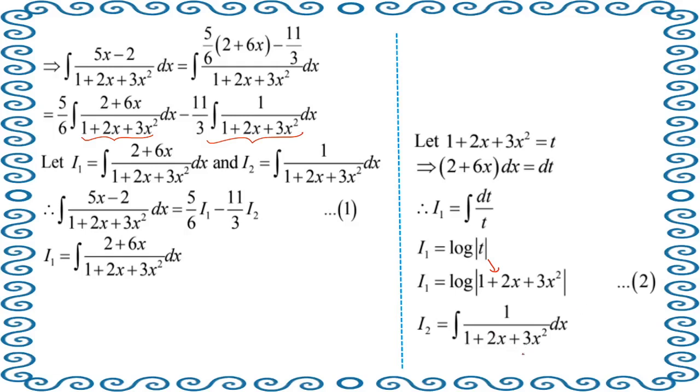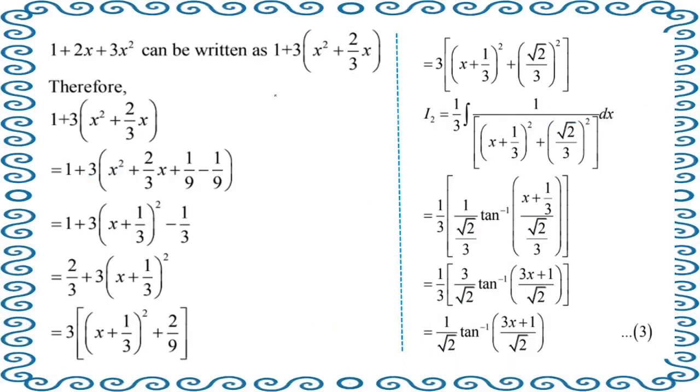After that, the second integral. Which type is this now? This is 7 or 8 type, right? Where some quadratic is given in the denominator. So we have to solve it by using completing the square, right? Make the complete square here as we have just discussed in 2 questions. Complete the square, you will get this, and the given integral will become like this: (x plus 1 by 3) whole square plus (root 2 by 3) whole square.